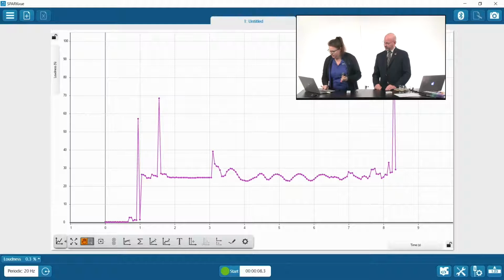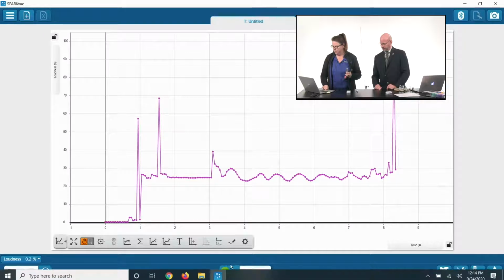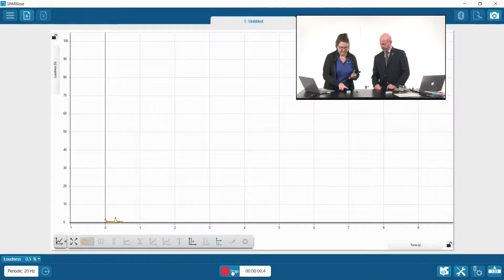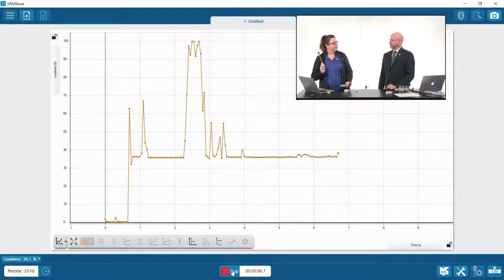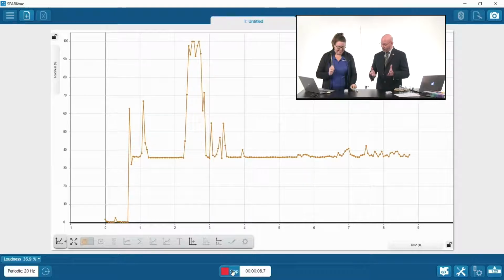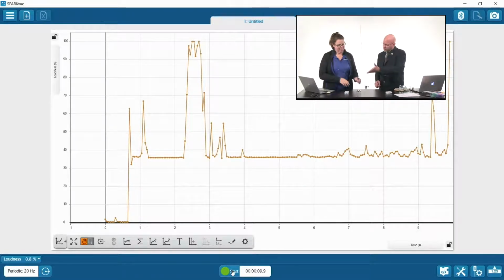Let's increase. I'm going to go from 1,000 to 2,000. Quick switch in my program. Let's see if I can do it again. Identical. Pretty cool. A hertz is a hertz is a hertz. Of course, we're seeing here that 2,000 is 2,000, 1,000 is 1,000.